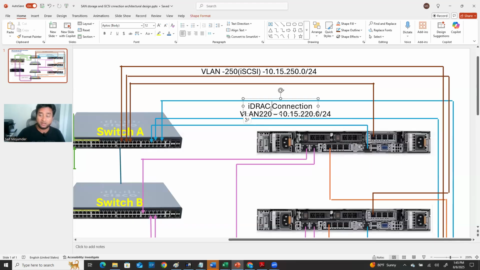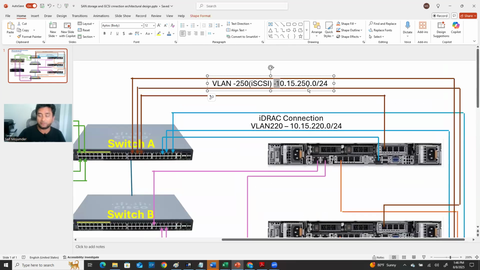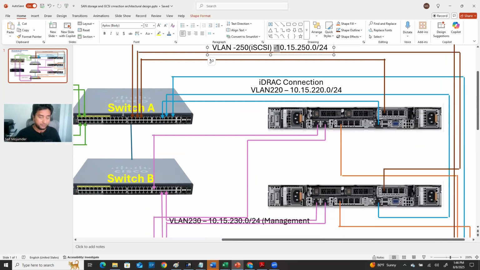Not only that, I use two different, if you can look at here, two different VLAN. VLAN 250 is connected with the top first port of the first NIC card. You see all the cables from the first is using VLAN 250. That means IP address will be all 10.15.250. something, right? For all three. This is how it's connected with your iSCSI storage. That's how your iSCSI, your storage connect with your ESXi environment, and it's connecting through the switch, network